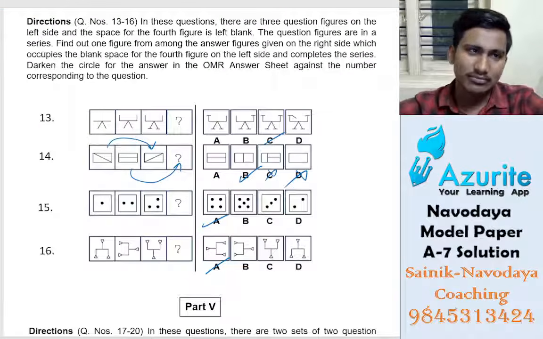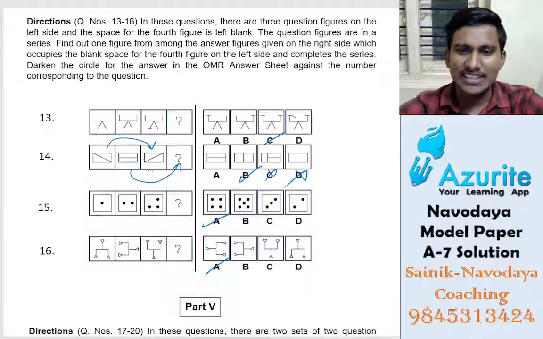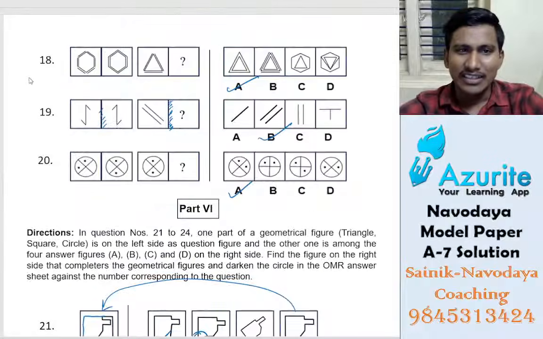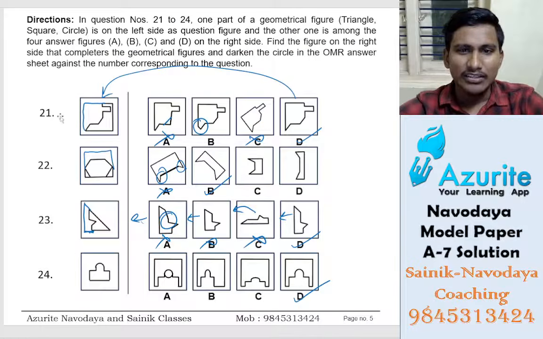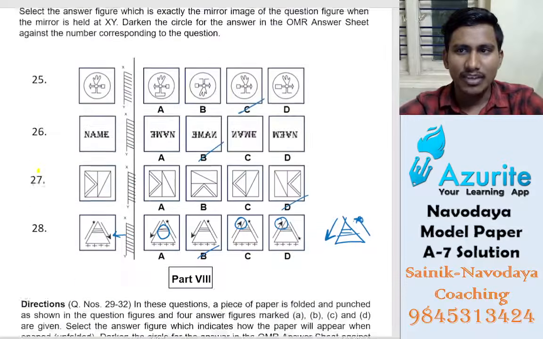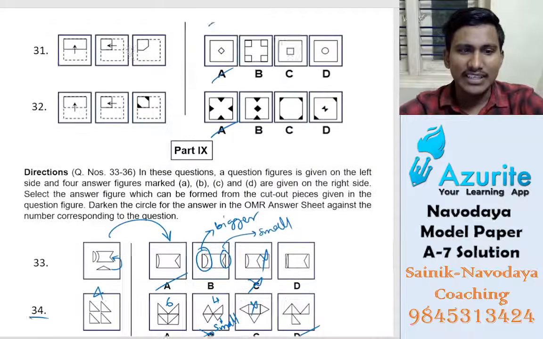Yes. Okay, next 15th is A, 16th is A, and 17th is A, 18th is A, 19th is B, 20 is A, 21 is D, 22 is B, 23 is D, 24 is D, 25 is